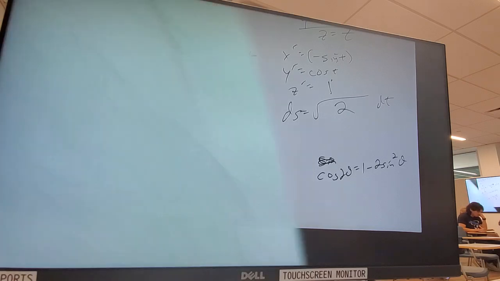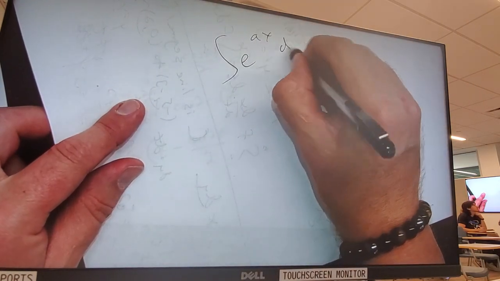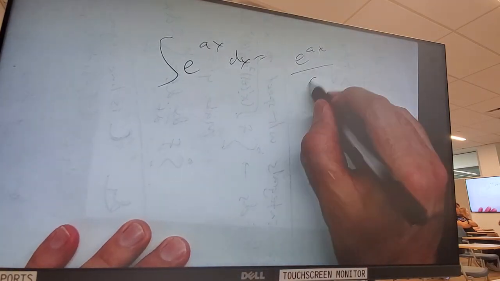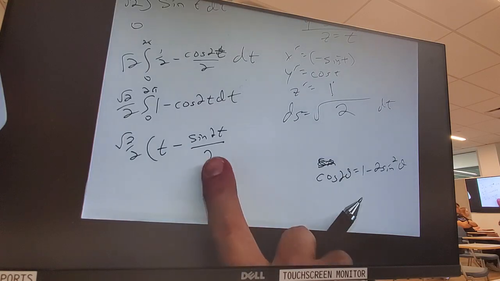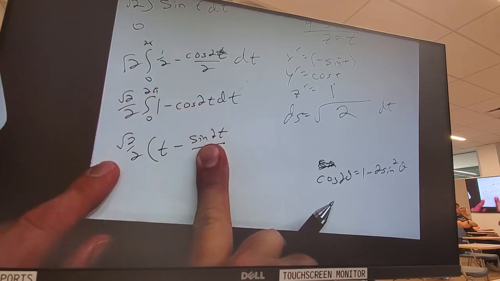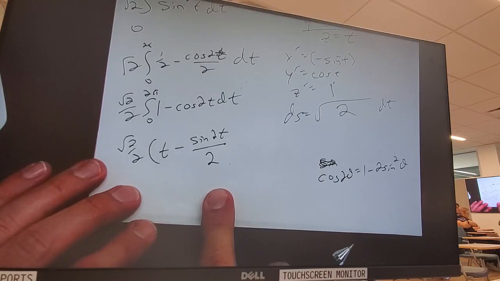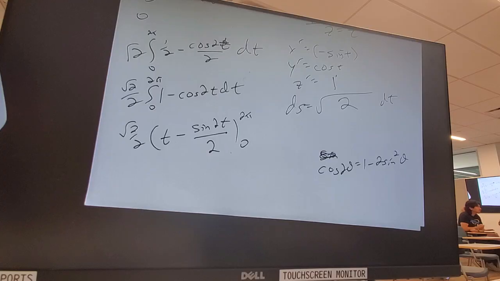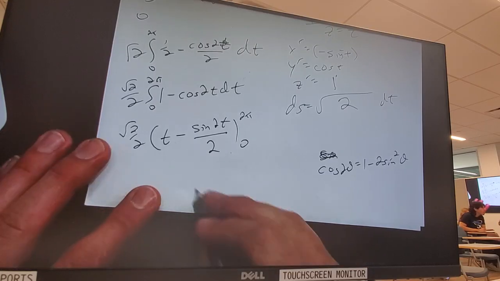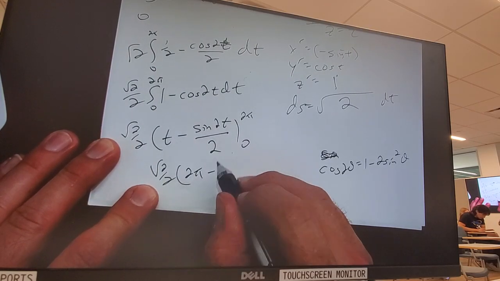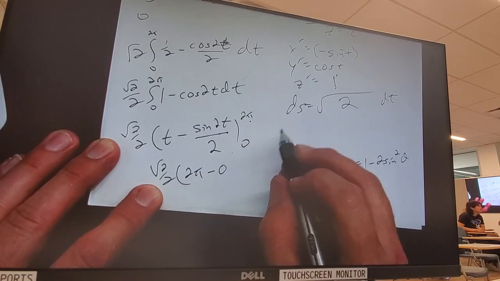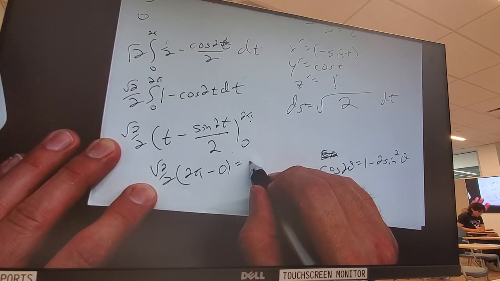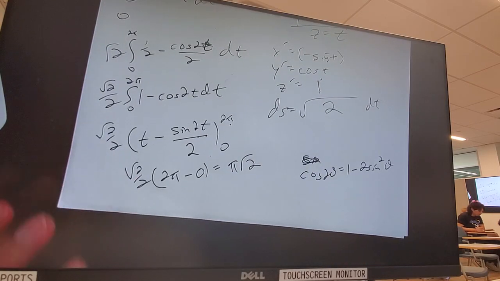I love you guys. So, integral e to the ax, it wants to be itself. If you take the derivative of this, I'd have an a. I don't have an a, so I must add an over a to kill it. Same idea happens here. Can't be just sine 2t, because then a 2 wants to come out. There is no 2, let me kill it. And that goes from 0 to 2 pi. So you get root 2 over 2 times 2 pi minus 0. And then when you plug a 0 in, you get 0. So what do you get, Jeff? Pi root 2, I believe.